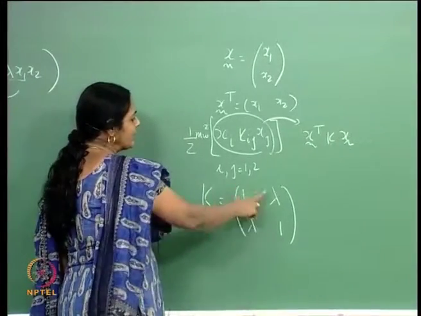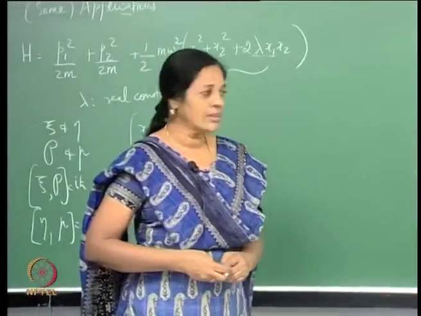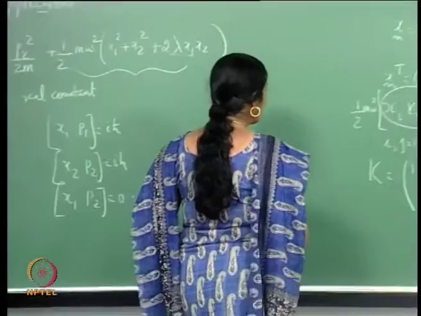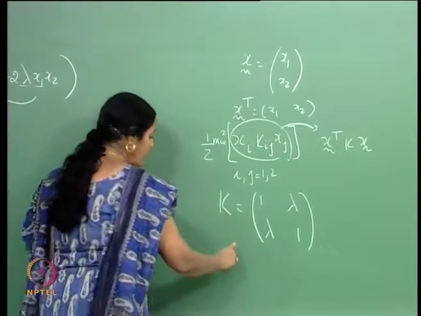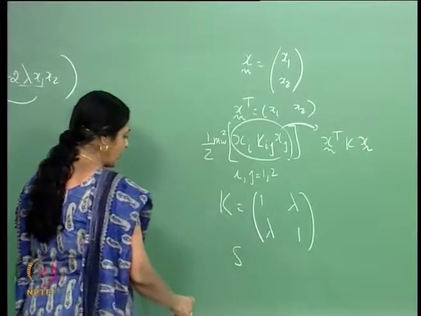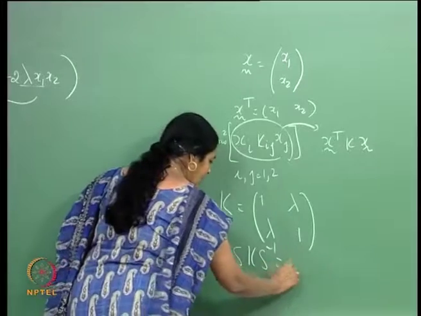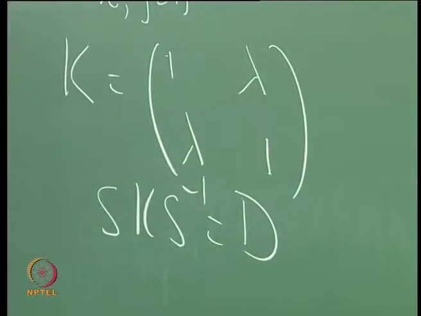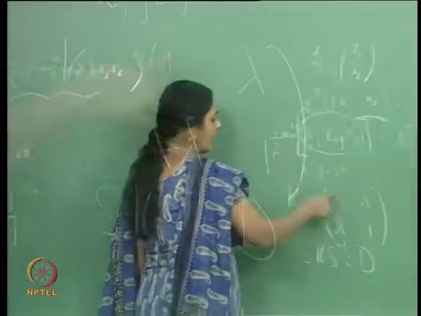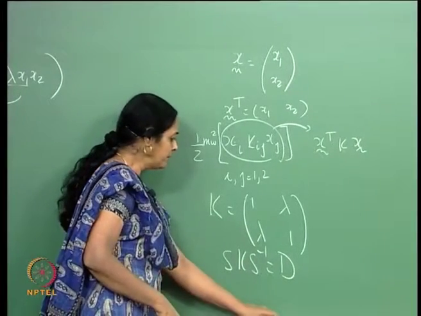Now the idea is to make this diagonal, and you can make K into a diagonal matrix by using a similarity transformation, which means I must find that matrix with which I do the similarity transformation. In other words, I find a matrix S such that S K S inverse is a diagonal matrix. Of course, in order to do that, I need to find the eigenvalues and eigenvectors of K, and that is